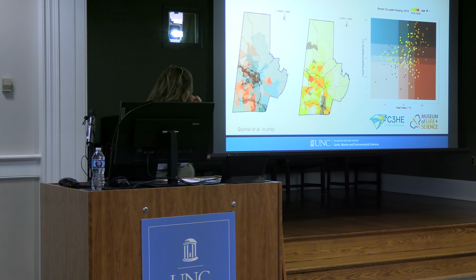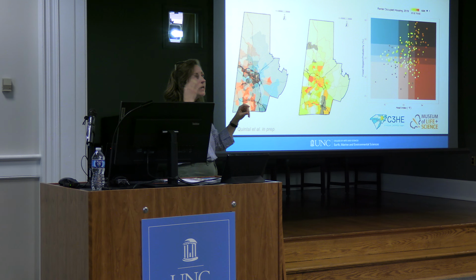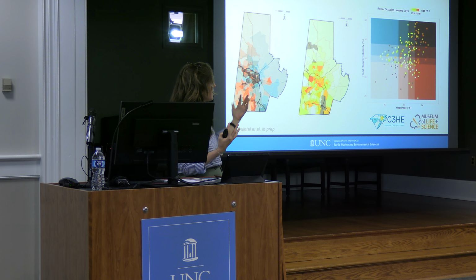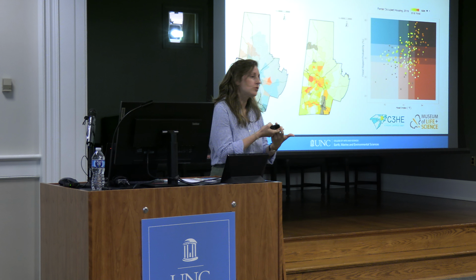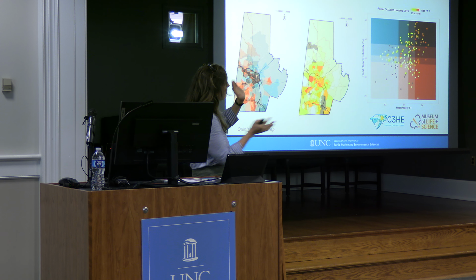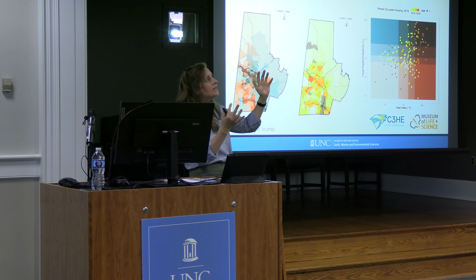And in one study that's being led by a PhD student in my lab, we're looking at the intersection between extreme heat and flooding. And this is for Durham County in North Carolina. Where do those two types of hazards intersect? And how do they overlap with different types of social characteristics, like, for example, here, renter-occupied housing? And what you can see on the right-hand side is that as the